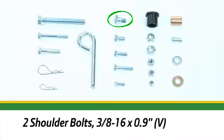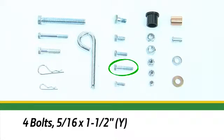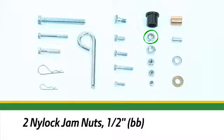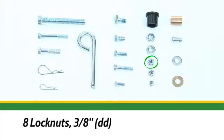2 3/8-16-inch by 0.9-inch shoulder bolts, Part V, 4 3/8-inch by 3/4-inch bolts, Part W, 4 1/4 by 3/4-inch bolts, Part X, 4 5/16-inch by 1 1/2-inch bolts, Part Y, 3 5/16-inch by 1-inch bolts, Part Z, 2 flange bearings, Part AA, 2 1/2-inch nylock jam nuts, Part BB, 2 1/2-inch jam nuts, Part CC, 8 3/8-inch lock nuts, Part DD,